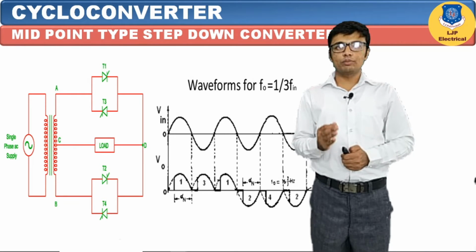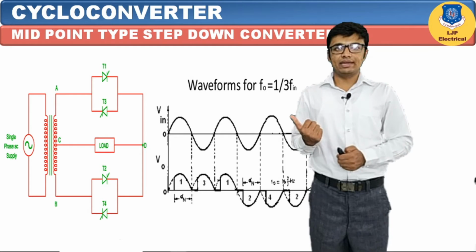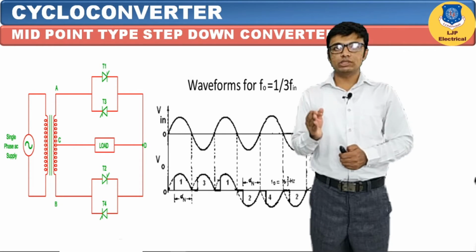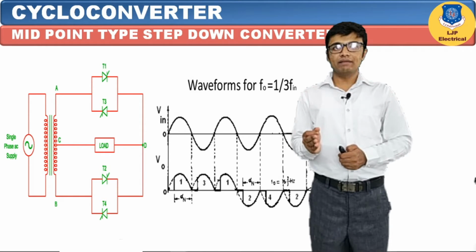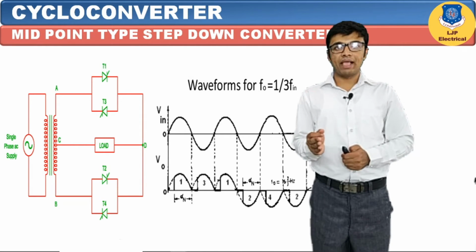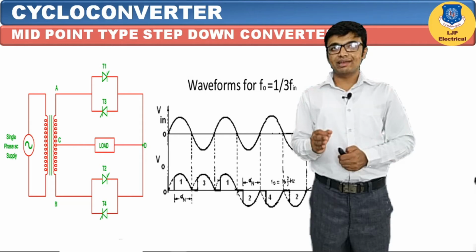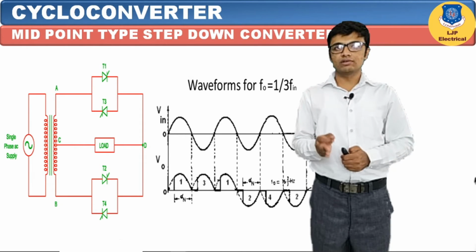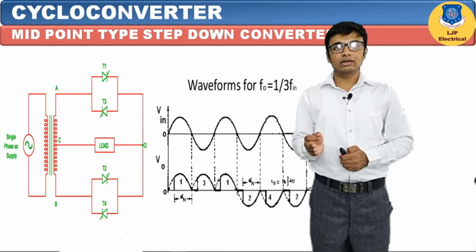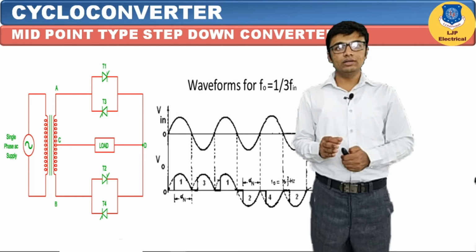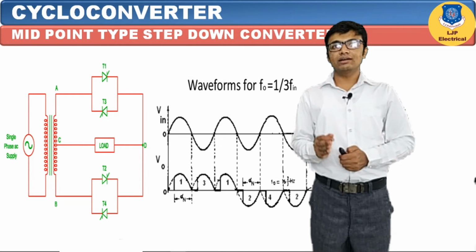Now during positive cycle of the AC supply, it has a sinusoidal wave which is shown here, which is V in. Suppose first positive half cycle will come, and if we turn on the thyristor T1, then A terminal will become positive and the C terminal will become negative, such that if we trigger thyristor T1, then the current will flow from A to T1 to the load, and again it will come back to the common point, such that we will get one cycle in the output which is a positive half cycle. We can trigger the SCR in between 0 to 180 degree.